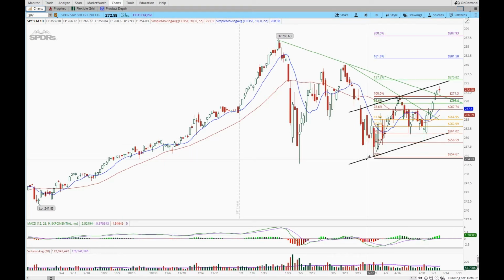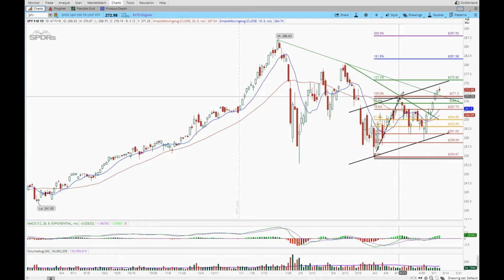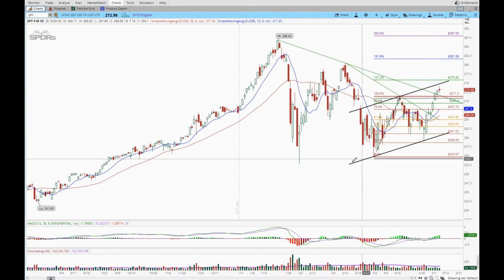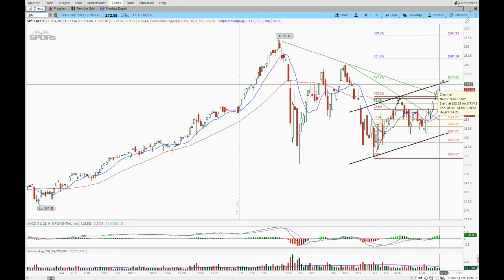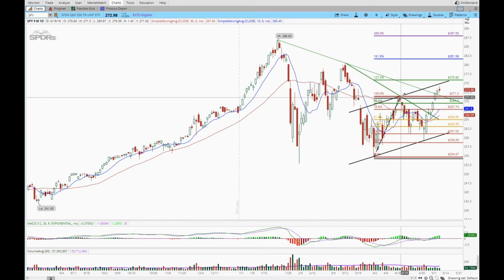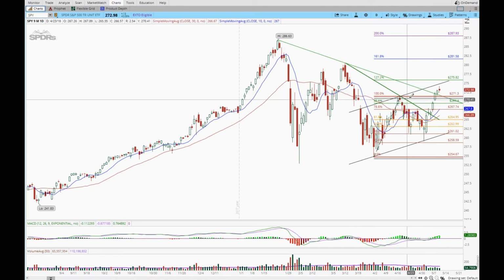Then I created this also, this diagonal channel here, and if you see, I connected it from this point and then to this point here. So these two parallels, and you see that we are at about resistance. We move up from this resistance here, and we